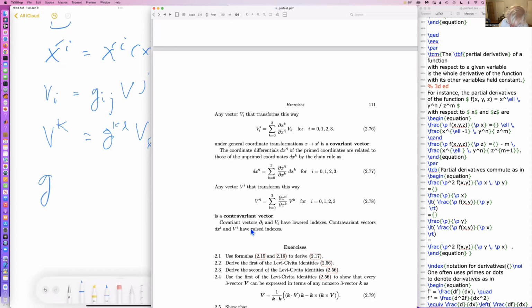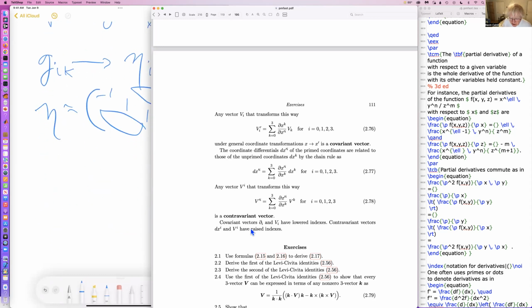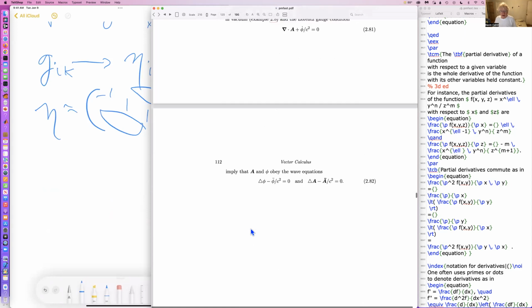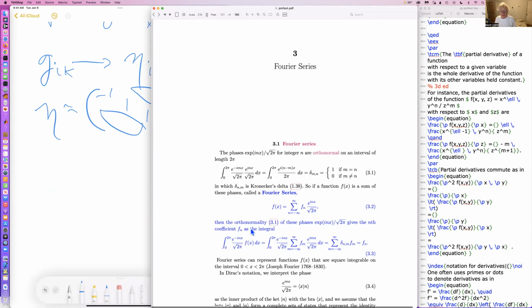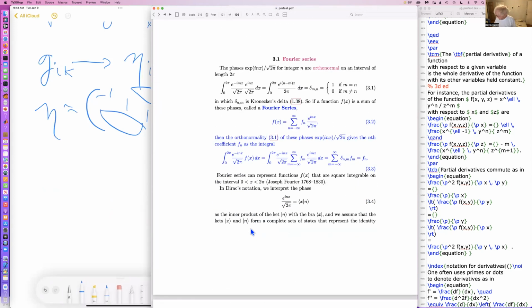When we go from general relativity to special relativity, this turns into eta ik, and eta is the matrix -1, 1, 1, 1, zeros everywhere else. So that's just an aside there. So now we'll go on to Fourier series, and